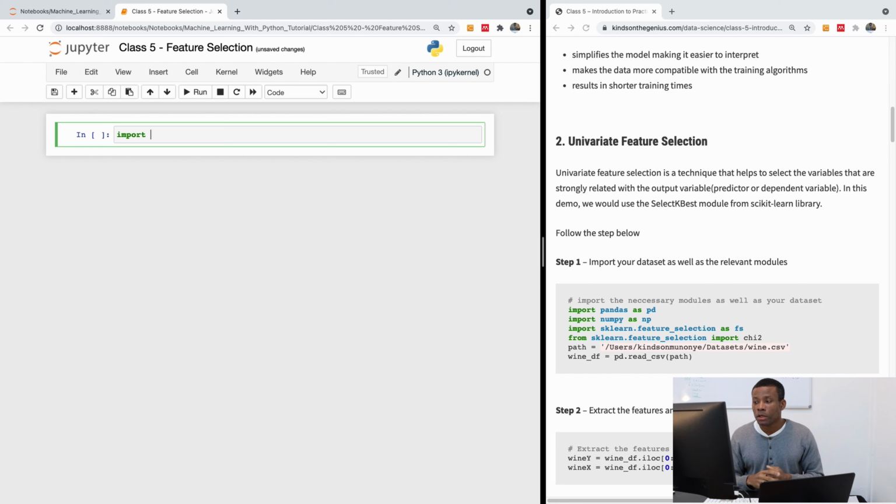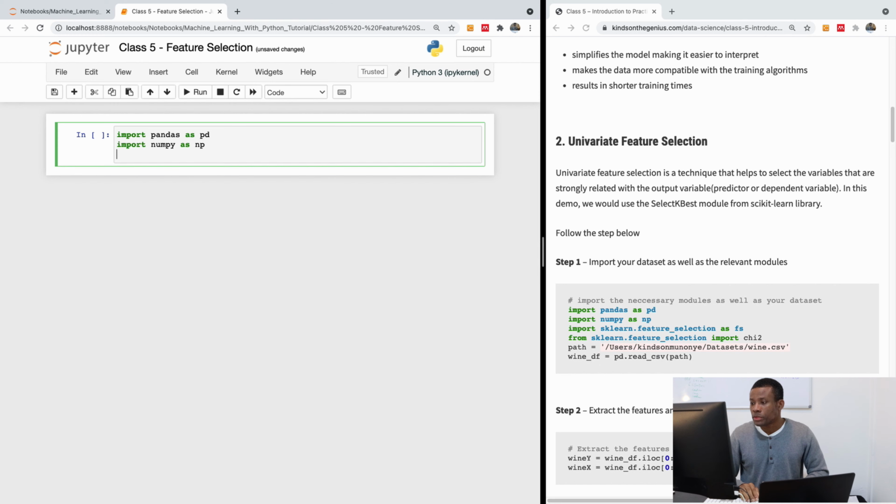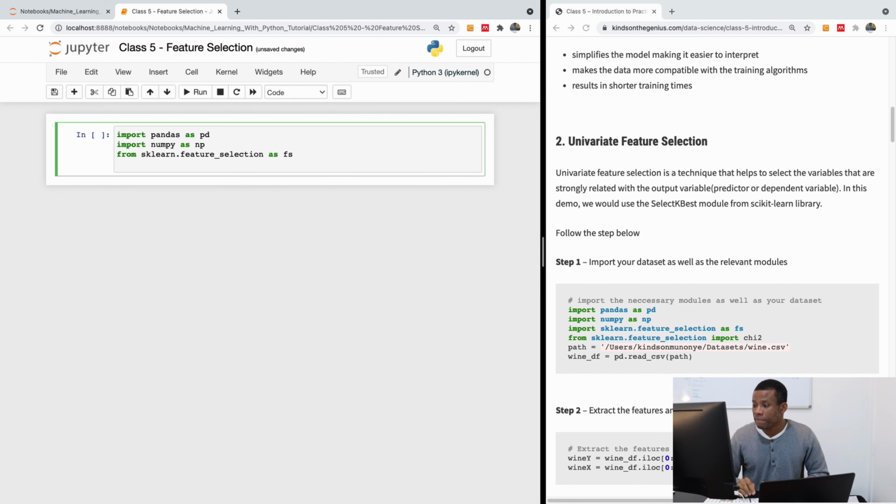So let's now import our data set and take a look at all these features, about 13 features, and see how we can perform feature selection to select important features. So I'm going to say import pandas as pd, and we're also going to import numpy as np, and we're also going to import the feature selection module library from sklearn. So I'm going to import sklearn.feature_selection as fs, giving an alias fs, and also we are going to import chi-square from